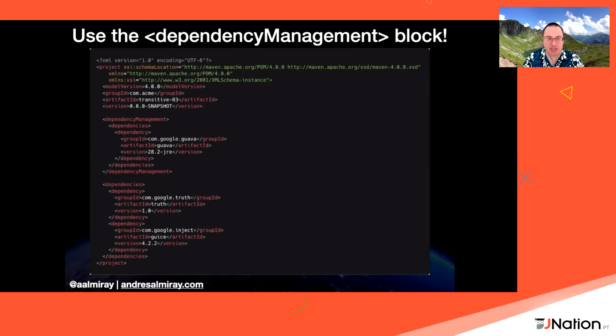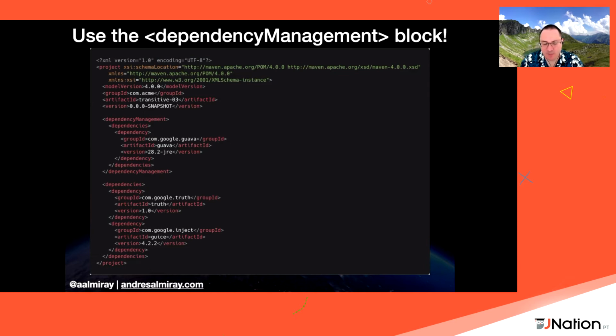Now, the dependency management block can be anywhere in your POM hierarchy. Right now, we're dealing with just a simple POM file. Notice that what I'm doing in this dependency management block is redefining the GAV coordinates of a particular dependency, Guava version 28. And then I go again and define two direct dependencies that will have Guava as a transitive.